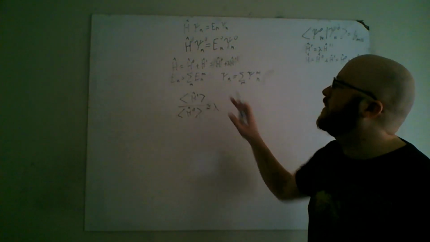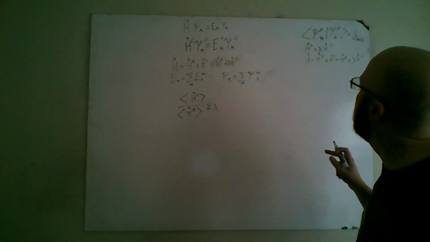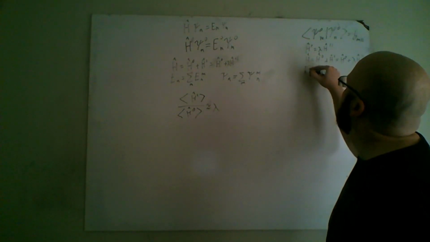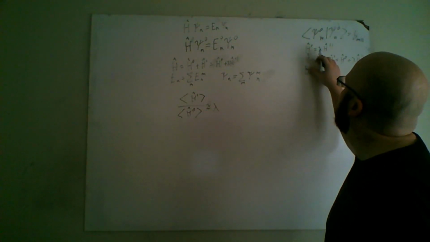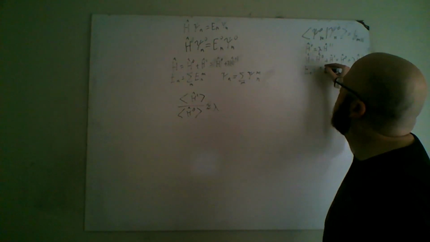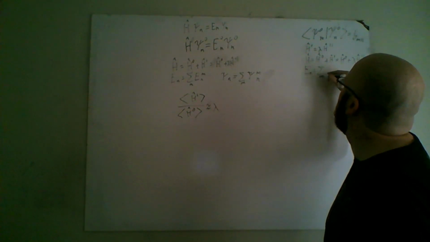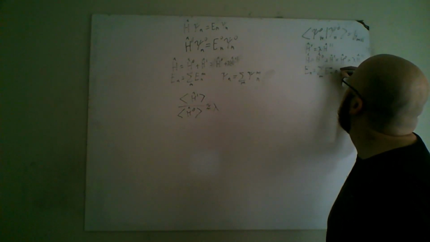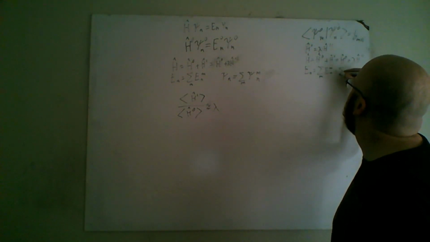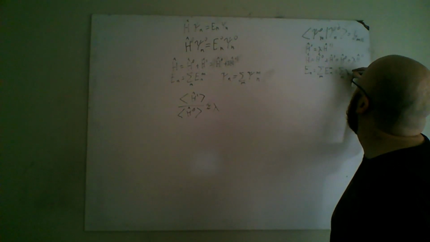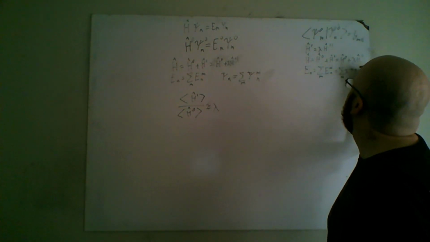And we're going to do this guy here with E n. So E n is equal to the sum over all the m's of E n m, which is equal to lambda to the negative